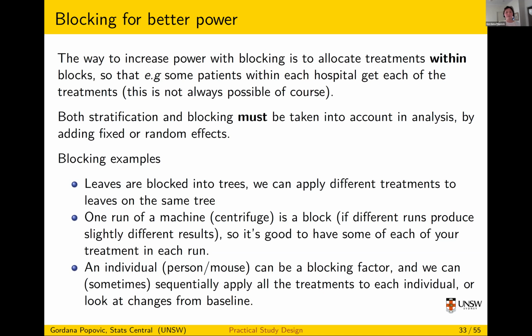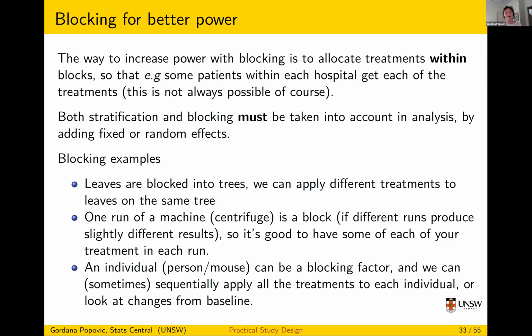So here are some examples. You're an ecologist and you want to do some treatment on leaves. So instead of just doing treatments randomly on different leaves of different trees, you block by tree. You go to the same tree and you apply each treatment to different leaves on the same tree. And essentially you're just going to compare how that tree responded to each of the 3 treatments, and the same for every other tree. So you're going to compare within tree, and that gets rid of the between tree variation.